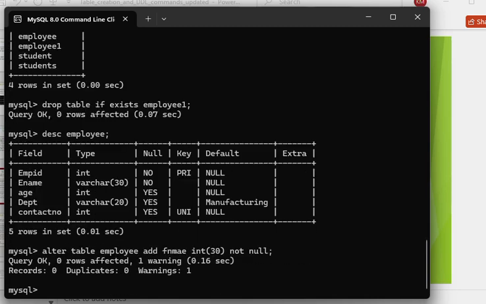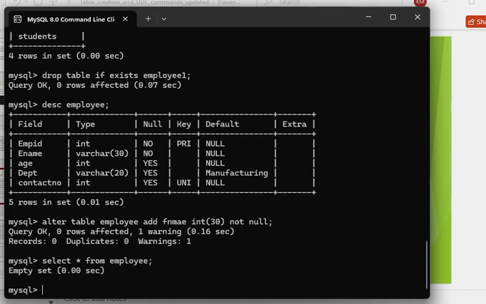Okay. Now it is giving you 0 rows. Why 0 rows? Because there is no record in the table. How to see the records of the table? Select star from, we will be doing in the next video, but I'm explaining once to make you understand. So there is no record, that's why it is giving you 0 records, 0 duplicates, 1 warning. Now in this case, if you see again the description of the table,